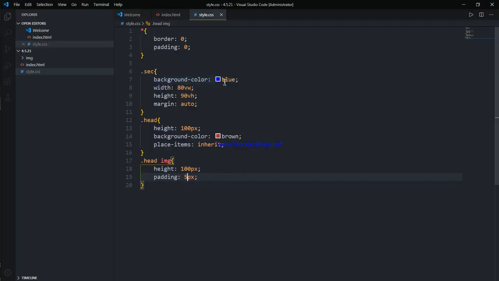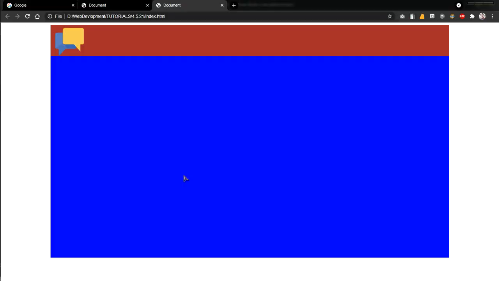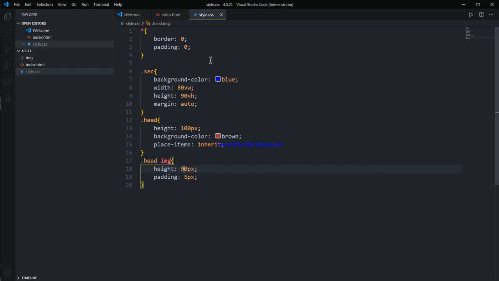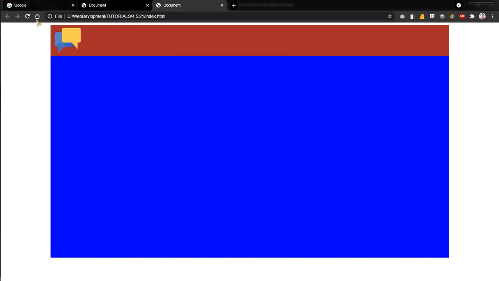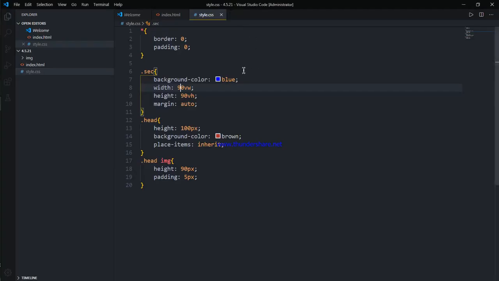Right, this place, right? So we can make the image like 90% of it. Good, perfect. And we can increase the width of it, just to make it look better.